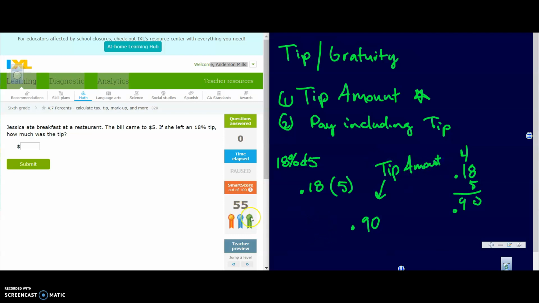Now, how much would Jessica expect to pay total, including tip? Well, all she would do is add $5 to that 90 cents for a total of $5.90. This is the total with